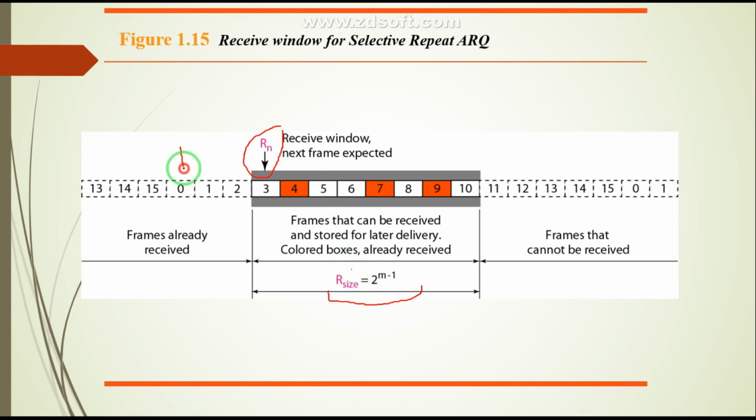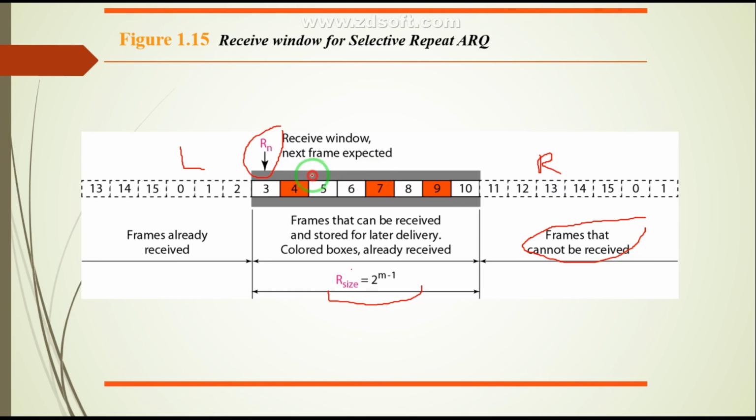This is the left side of the receiver window, which tells the frames that are received and acknowledged. The right side of this window tells you the frames that can't be received. And this is the window which tells you the frames that can be received and stored for later delivery.